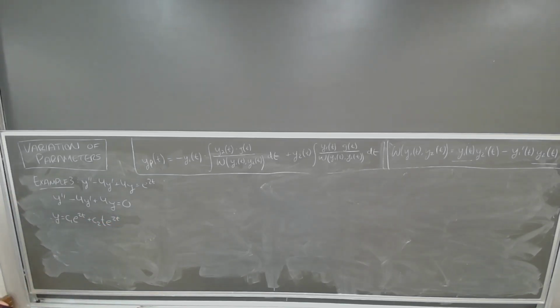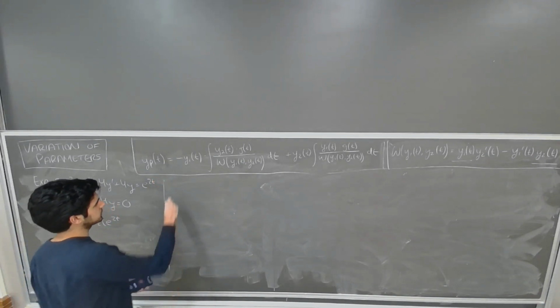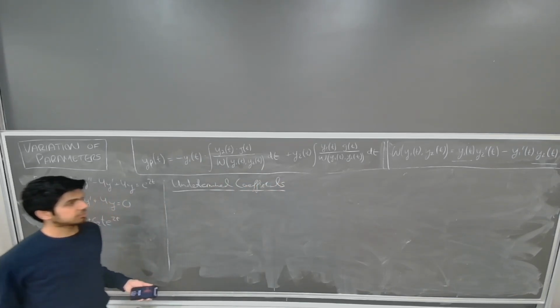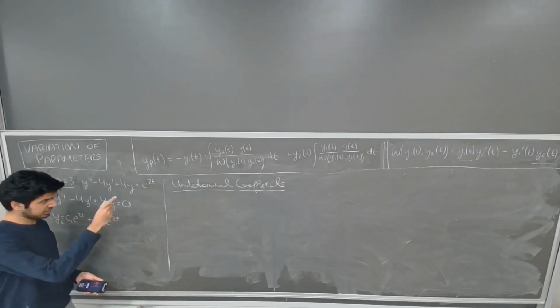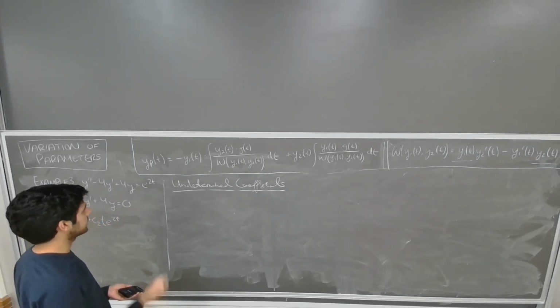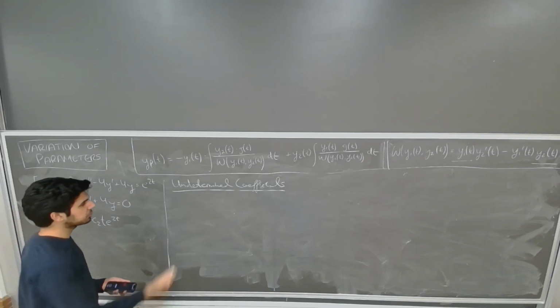Boom, there's our complementary solution. We can move on with life. So we'll try it with undetermined coefficients first. The way undetermined coefficients worked is we looked at our right-hand side and then inferred what our particular solution would look like. Here we see an exponential with 2t as the power, so we would guess